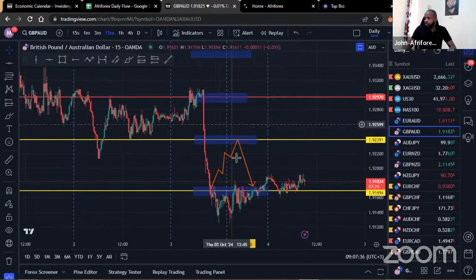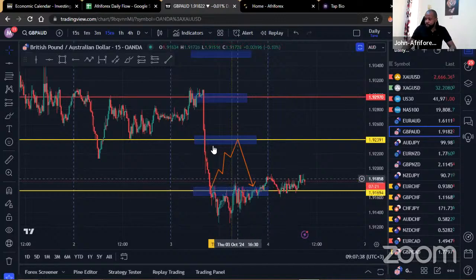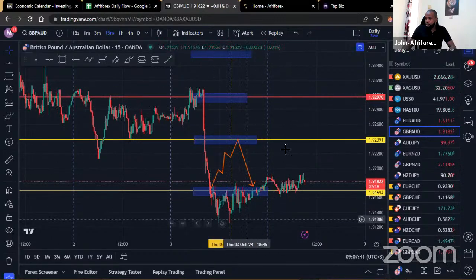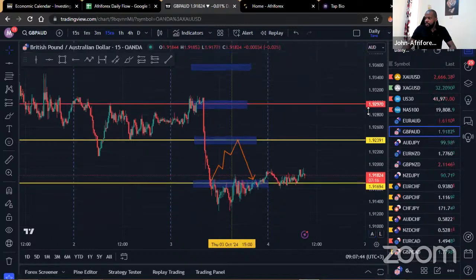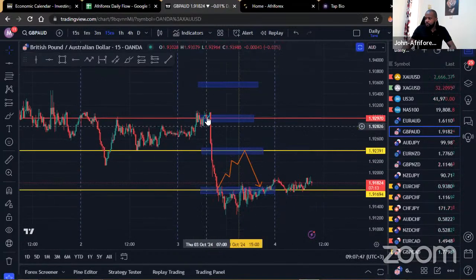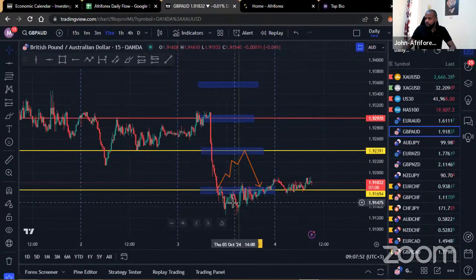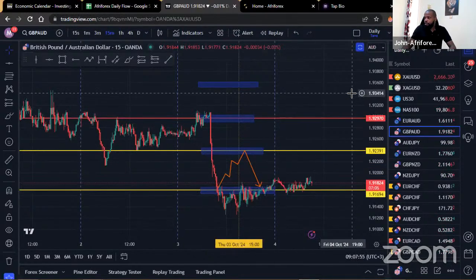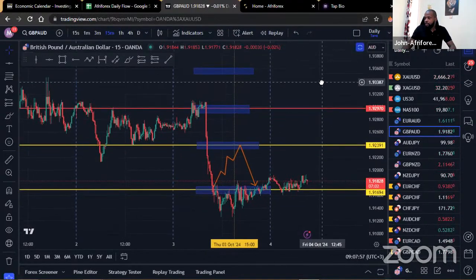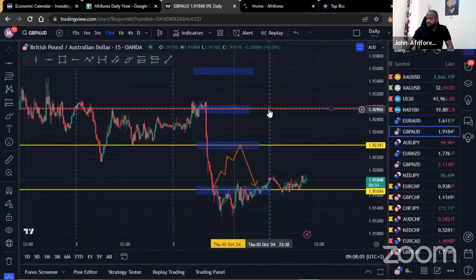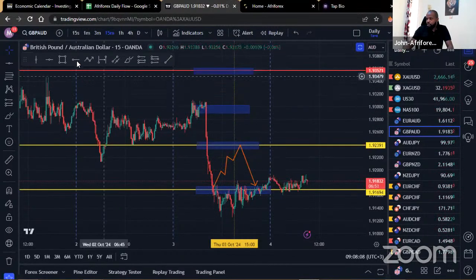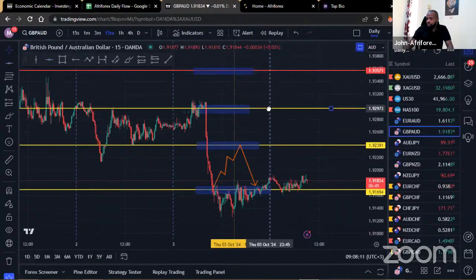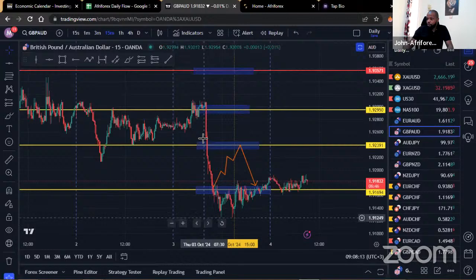So the next one is the Great British Pound against the Australian dollar. For this one, yesterday, we were trying to see whether we could have gotten some selling opportunities. This one actually had 4 areas, considering what the market was looking like, because the market had just come down. Maybe there was a possibility price was going to come back in within that area. It's not very common to have 4 levels, but if the analysis ends up necessitating that, then sometimes we can have 4 levels. You can see the 3 areas that we had, and in fact, if I put this one back within that area, we also had this region right here. These are the 4 areas that we were watching out for.